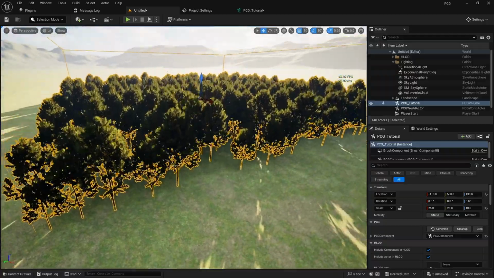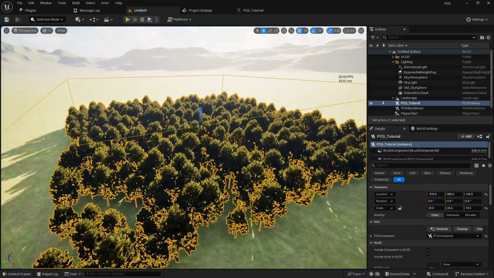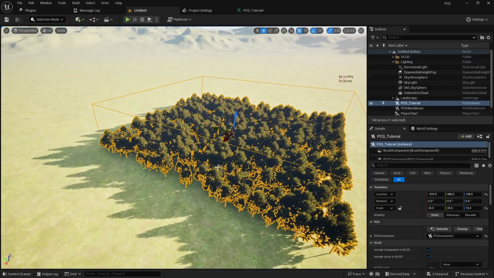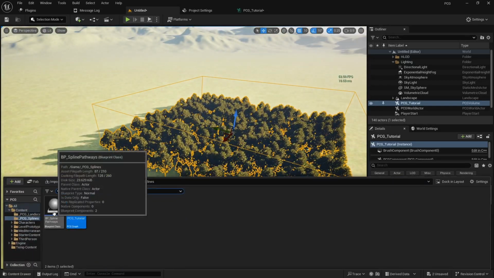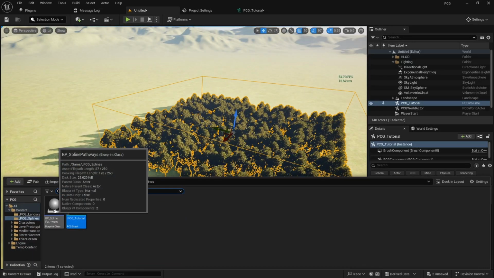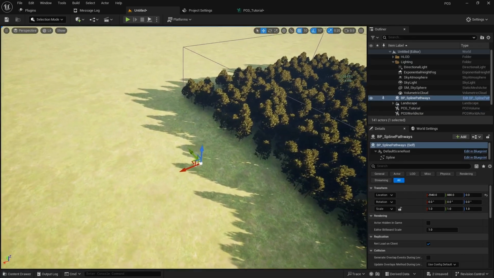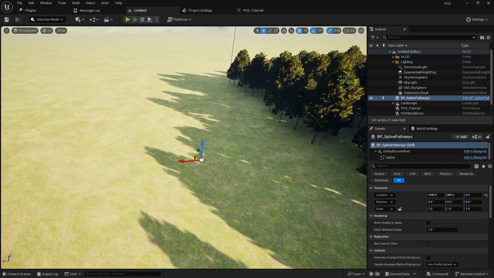Now if we look at our forest, it looks a little bit more interesting and more organic. So it looks a lot better. So now what we need to do is let's add in our spline. So we'll grab our blueprint, just drag it into the scene here. And it's hard to see, but the component, I'll maybe drag it up here. It has a little